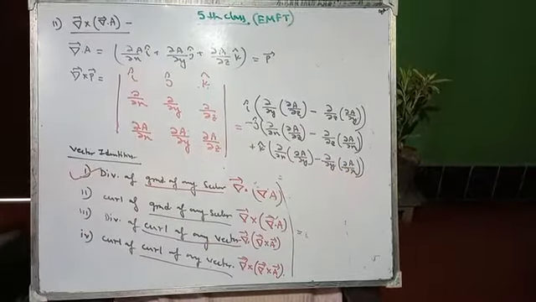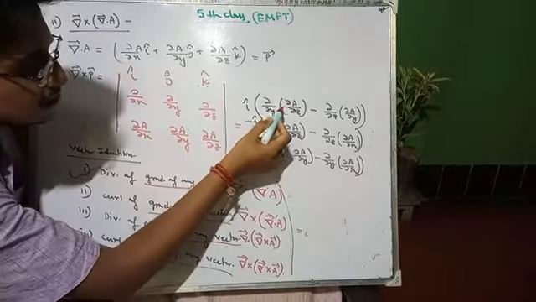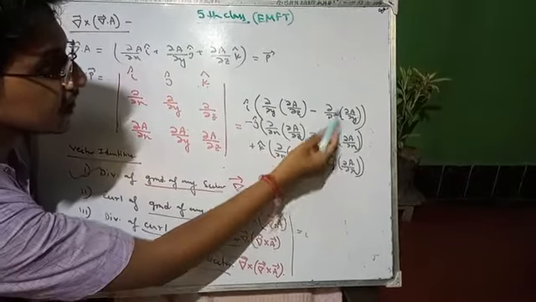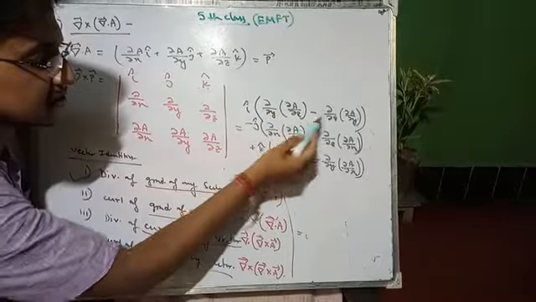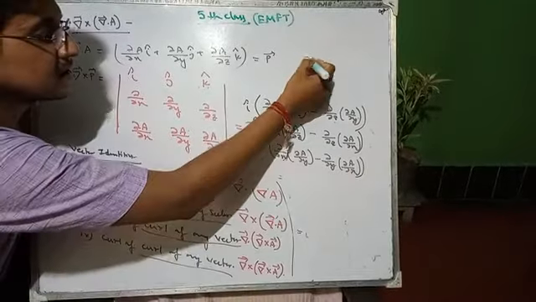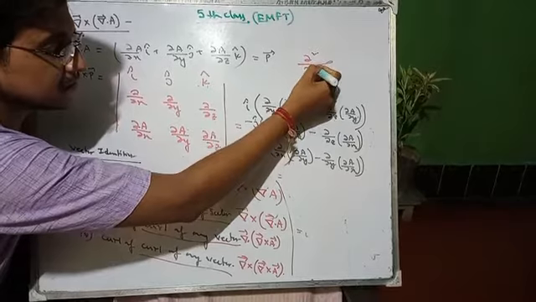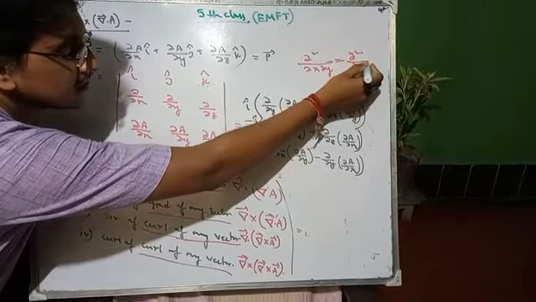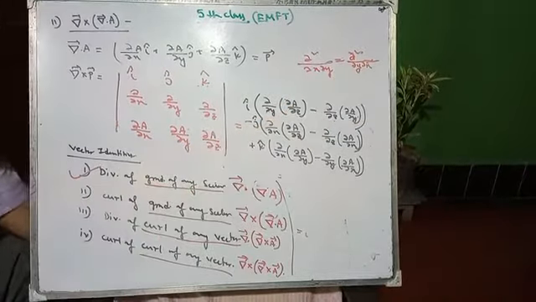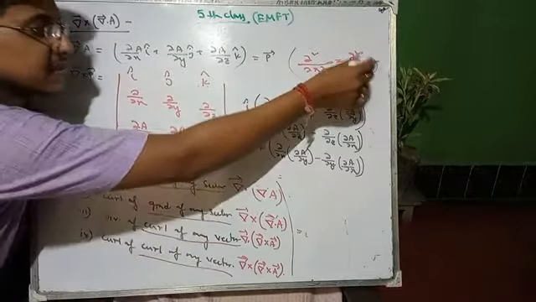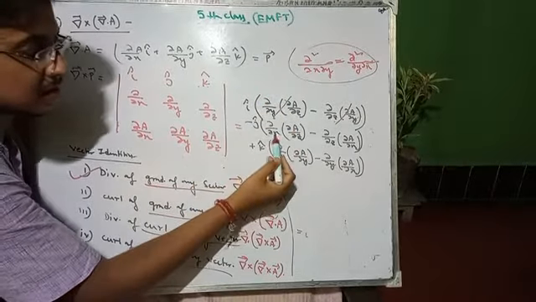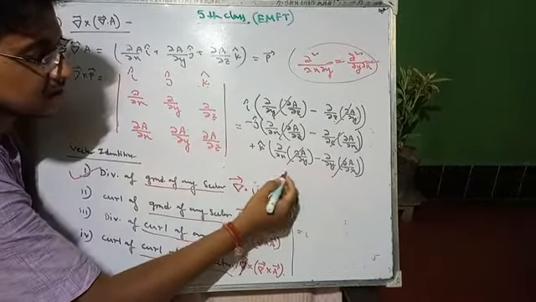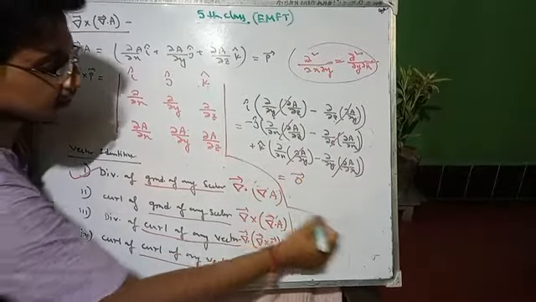Now from here you can see del squared a by del y del z, and here del squared a by del y del z, del squared by del z del y. From the partial derivative concept, del squared a by del x del y equals del squared a by del y del x, so they are the same. So they cancel out. Similarly, the del x del z terms cancel out, the del x del y terms cancel out, so it has zero magnitude.